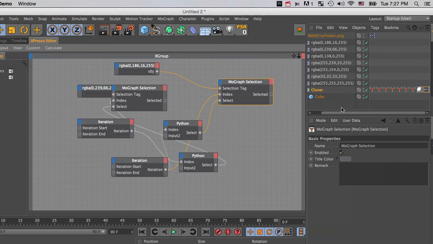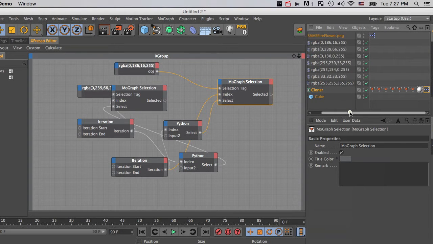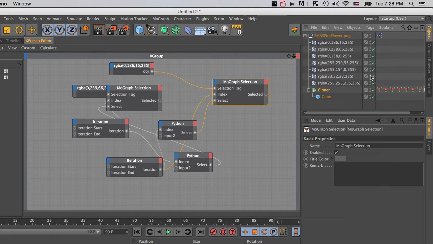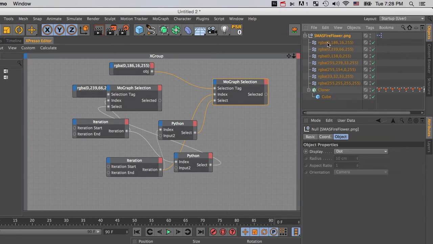So I don't want to tell you why I had to do all this, but I did have to do all that, and I did make it this far using Python, and making these Xpresso nodes from Python, making all the effectors. So what am I getting at? Well, I started running into real big trouble when I was trying to make the final portion of my project here, which is